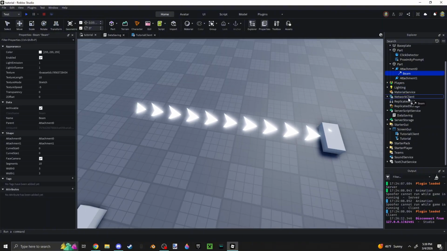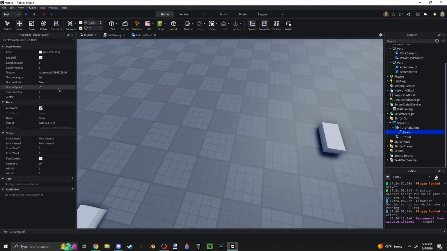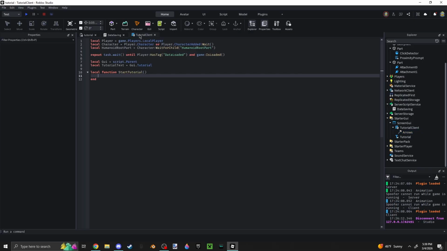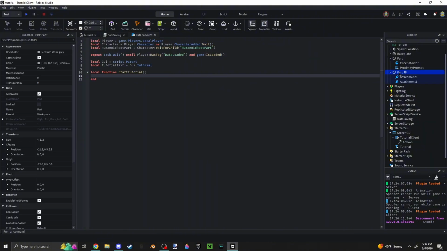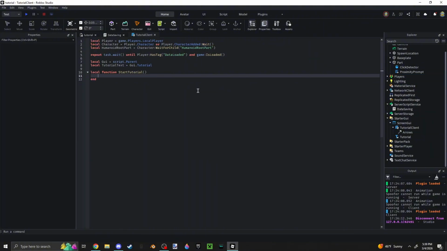So I'm going to take this beam and I will put it inside the script. I'll just call it arrows. And inside the tutorial client, I will say local beam clone is script.arrows:Clone. Or wait, first above this, I gotta make two attachments. So attachment 0 will be an Instance.new attachment. This one, the parent will be equal to